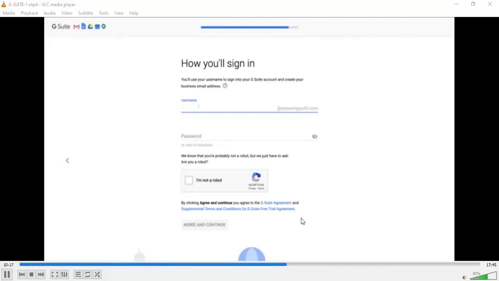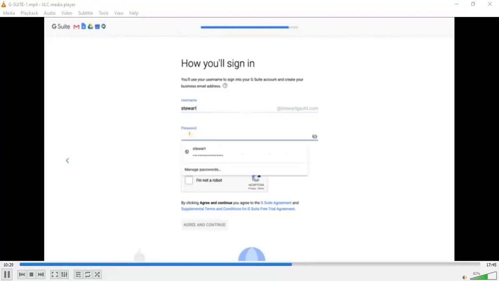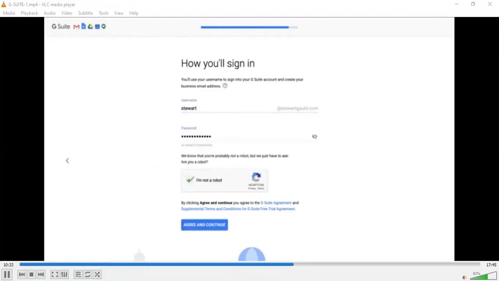So it's up to you what you want to add as your username. For me, I'm just going to go with Stuart for now. I know it doesn't really make sense, stuart@stuartgould.com, but that's what I'm going to add for the purpose of this tutorial. Now come down here and add a password. Then come down here and click I'm not a robot and select agree and continue.